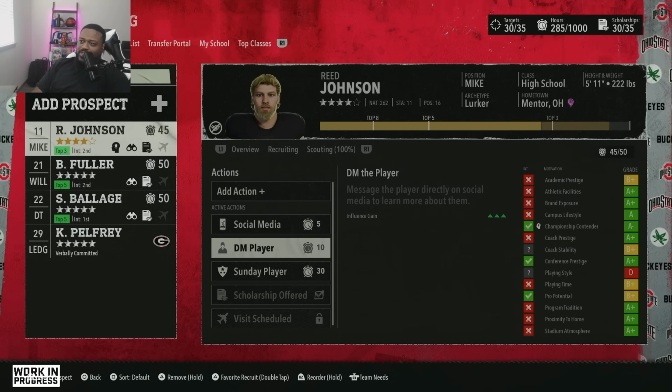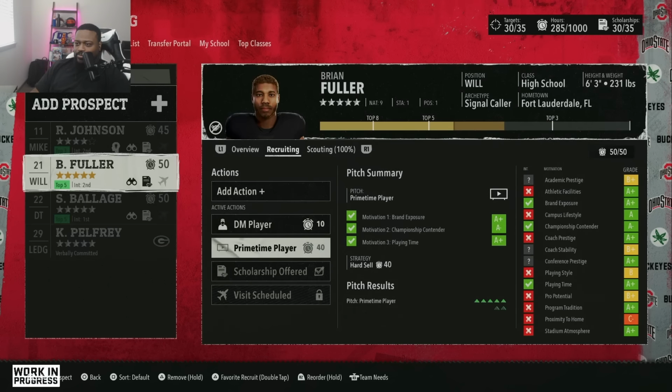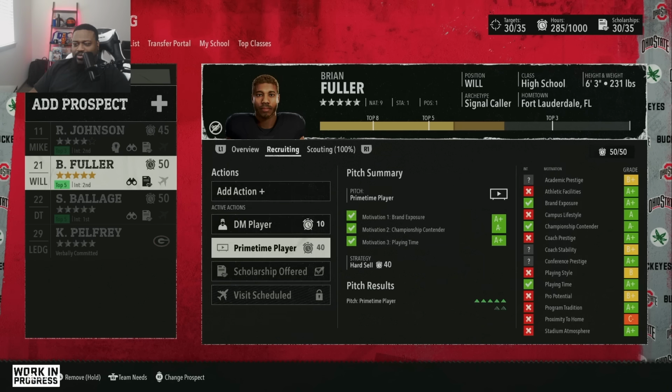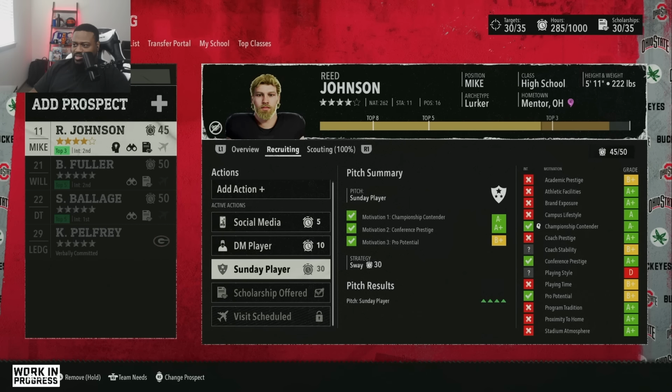We will see if Mike and Will, we're in second right now for Brian, behind Oregon. We don't have a pipeline tier there, so that hurts me. This is why I say pipeline tiers are pivotal. We don't have a pipeline tier for that guy. Reed Johnson, he's a Sunday player. But also, I just noticed he might not be a Sunday player. We swayed him on that because I see